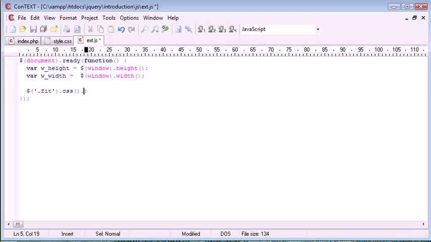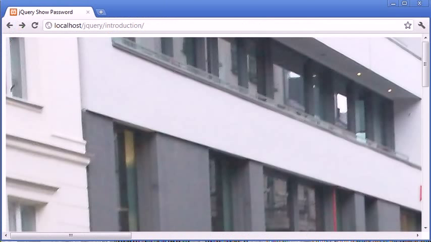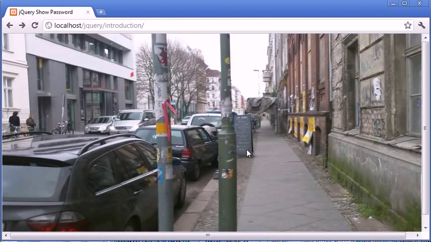We're going to need to do this in a moment just here, but for now we want to set the height of the image to wHeight, and then we again use CSS, but this time we apply the width as wWidth. So now what's going to happen is when we refresh, this is going to be automatically resized to the size of the window, as you can see. So we've automatically resized this image to the size of the window,